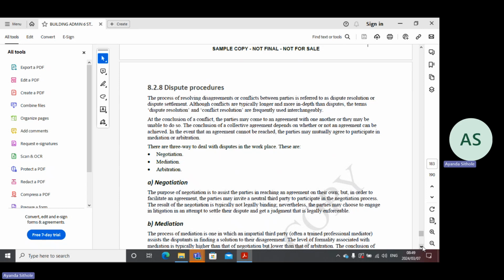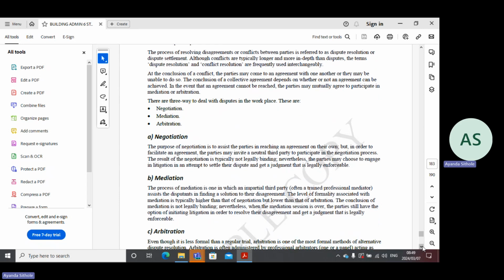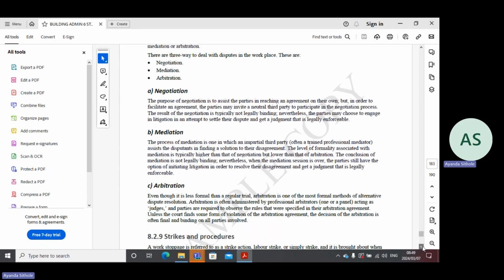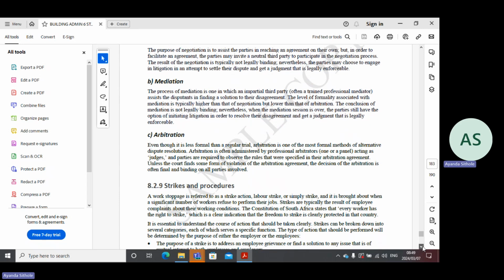Okay, so we have three ways to deal with disputes in a workplace, which are negotiation, mediation, and arbitration. Then they explain those three ways one by one. So please guys go through that. Then we move to